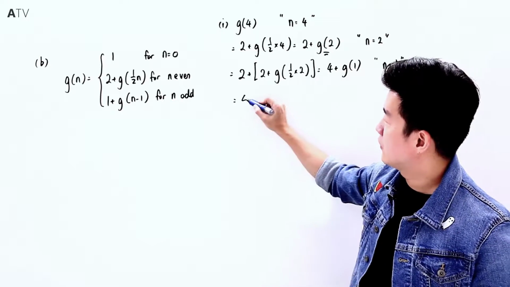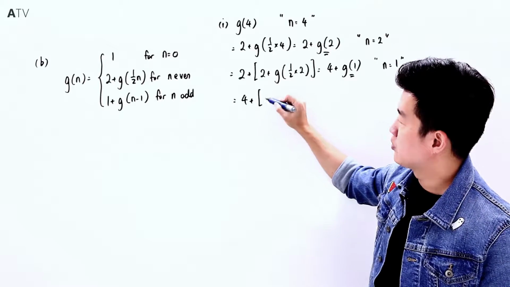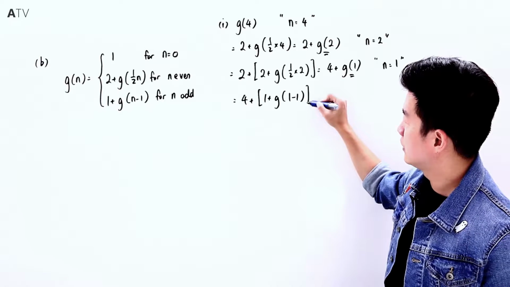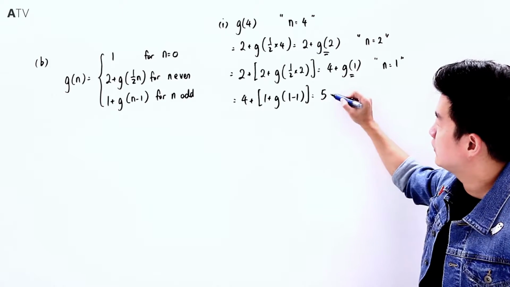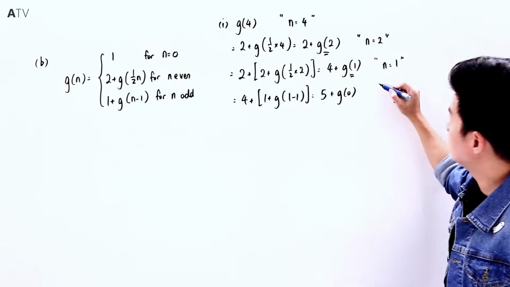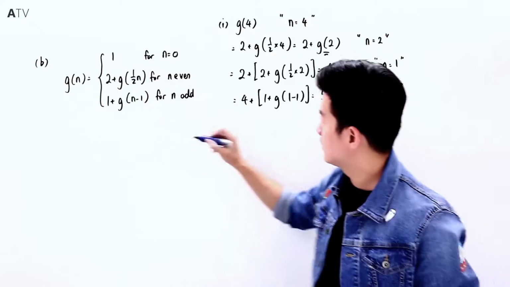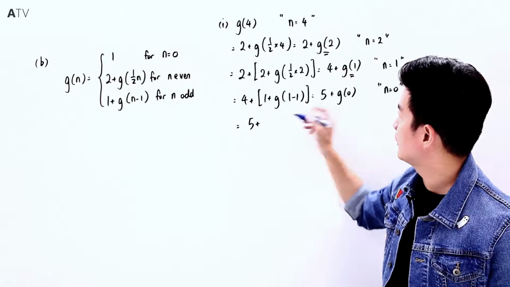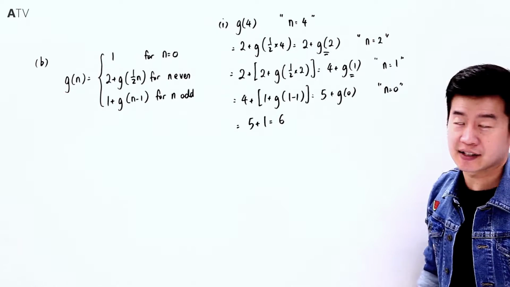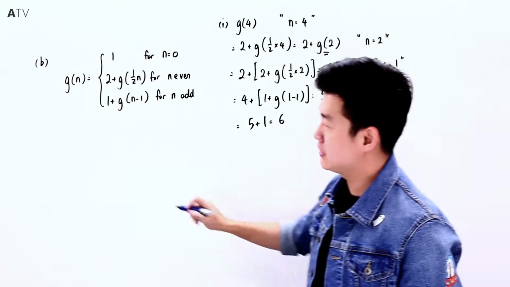So it will be 4 plus, replacing this with this expression, 1 plus G of n is 1, so 1 minus 1, which will be 5 plus G0. And this is when n is equal to 0. So I'll make use of this, which means that it is going to be 5 plus G0 is 1. So this is 6. So G4 is 6. Let's make use of the same understanding to find